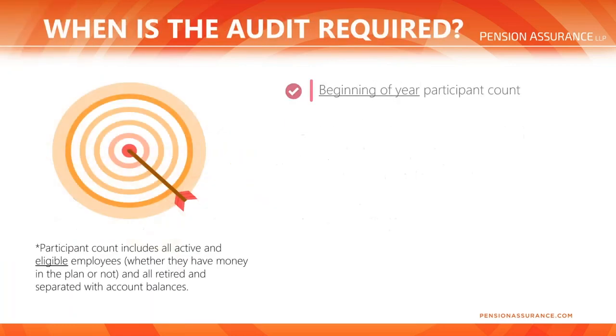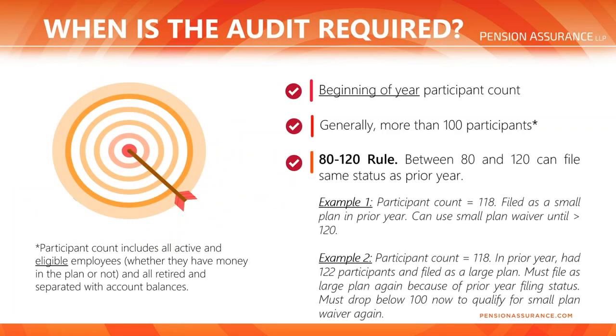So when a plan audit is required, let's go over this. Typically, you tend to hear that generally having more than 100 participants is what really triggers the audit. That is typically the case, and it's a general rule, but there is an exception to that rule. And that exception to the 100 participant mark is based on eligible participants at the beginning of the